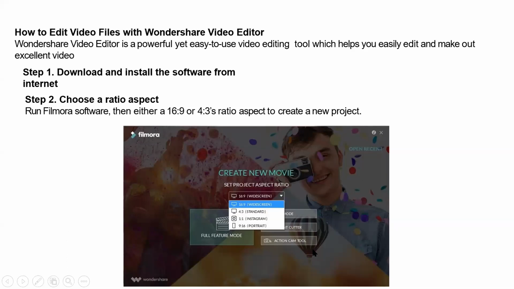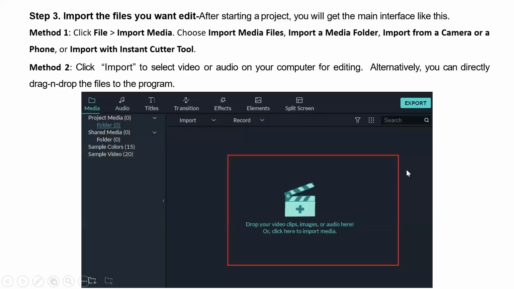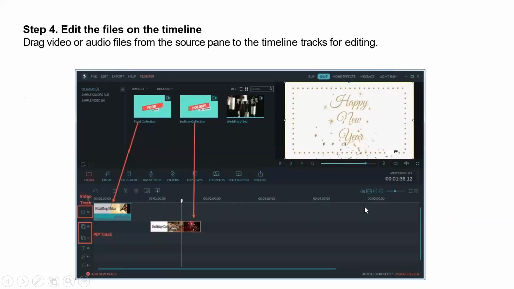So what you get is this. Then you choose the aspect ratio, either 16:9 or 4:3. We always select 16:9. That is the first thing you need to do. Next, you have to import the files and then drag them onto this like this.